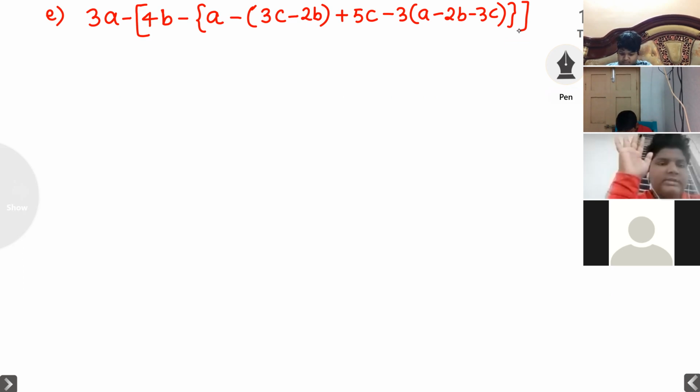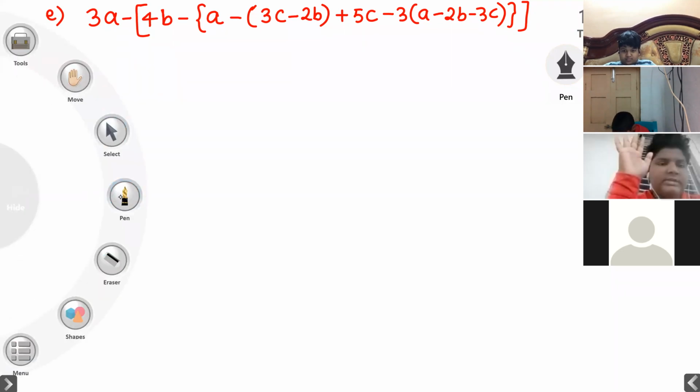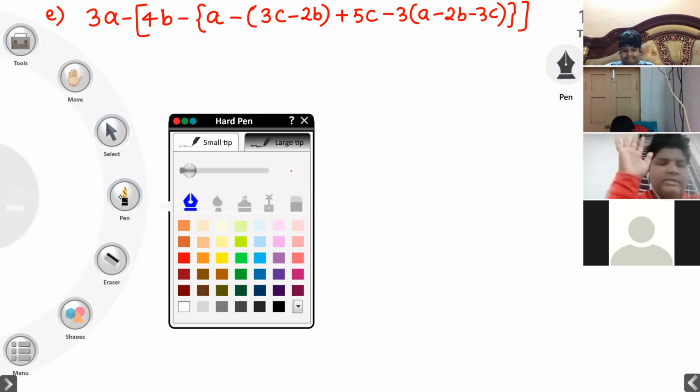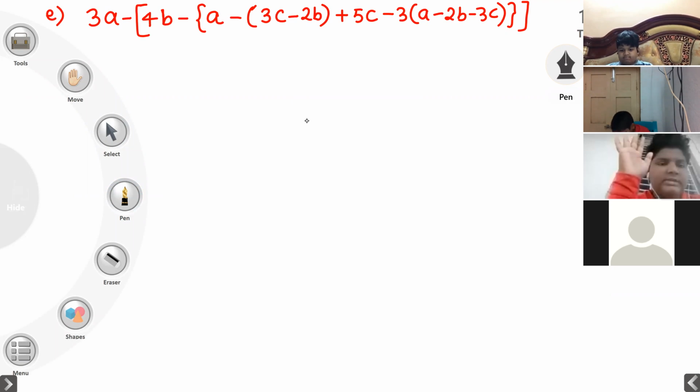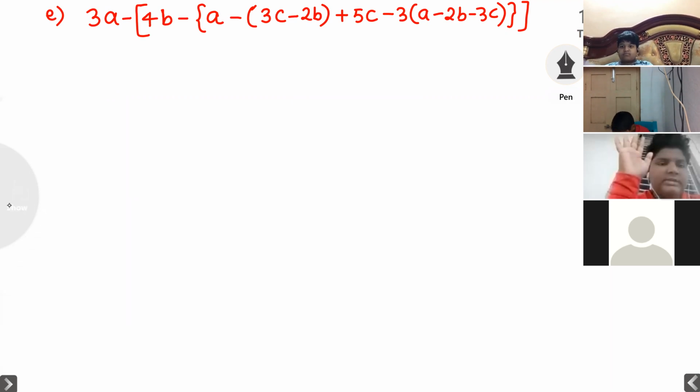This question we have to concentrate more while solving. Concentrate everyone here. Observe here. Any simplification question is coming, I have to apply which rule, which concept? BODMAS rule concept. In this question, there is a large bracket, curly bracket, and small bracket. There is one small bracket here and here also a small bracket. But this small bracket is coming under curly brackets, right?